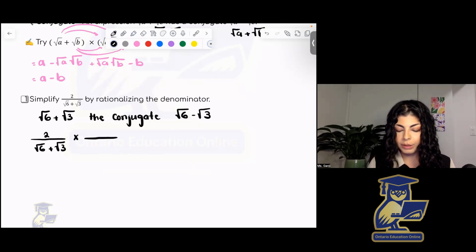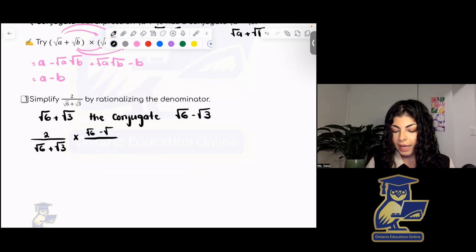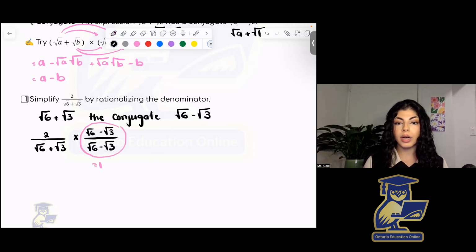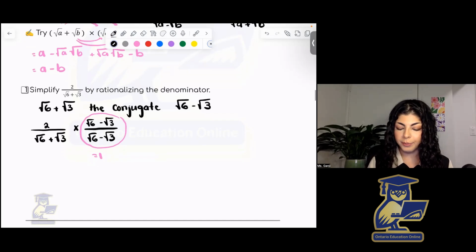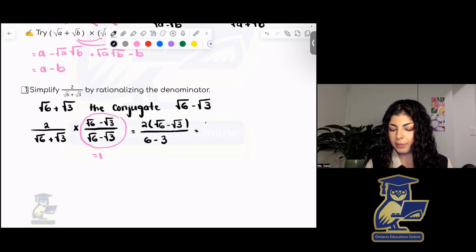And remember, we have to multiply both the numerator and the denominator by that conjugate. The reason for that is if you are multiplying the numerator and the denominator, this fraction is actually equal to just 1. So you're not changing your equation, you're just multiplying by 1 or an equivalent of 1. And now in the denominator, we're going to see that we get 6 minus 3, and in the numerator, we will just leave it as such. And now this can be simplified to the following